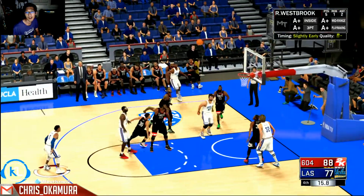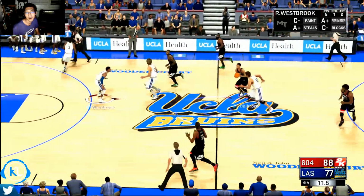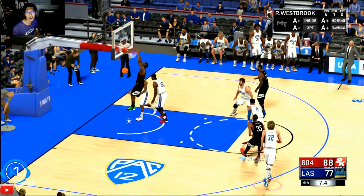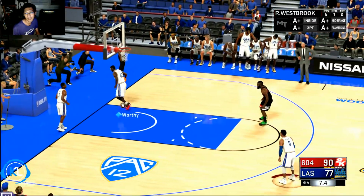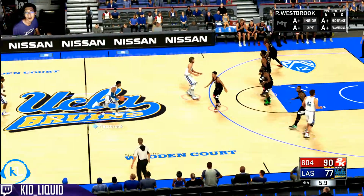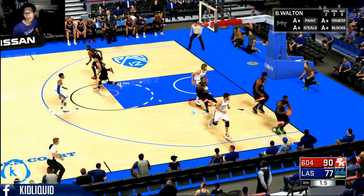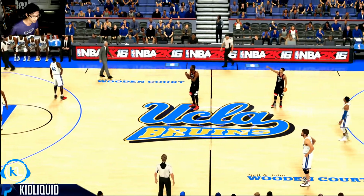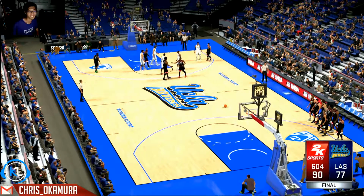17 seconds left in the 4th. And it's Westbrook missing. From deep. The putback. Controls the rebound and puts it back up and in. Oh, great timing. He is one tough customer on that offensive glass. You know, it's like he has a sixth sense of where that rebound is going. And that sixth sense, guys, might be better than just about anybody else's. So it's Vancouver picking up the win. This was a very strong